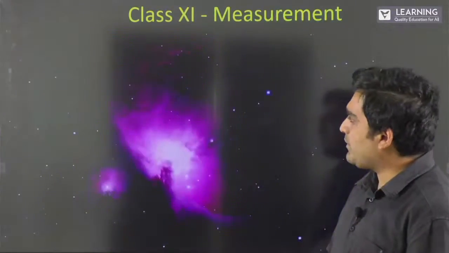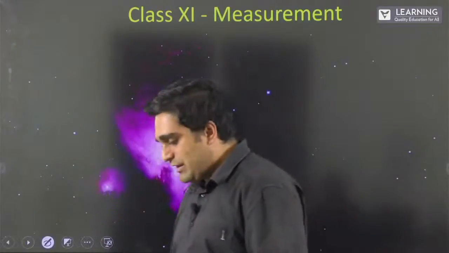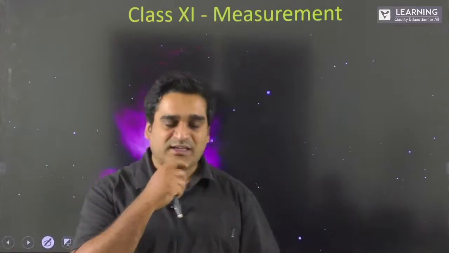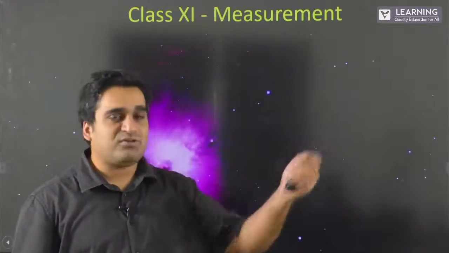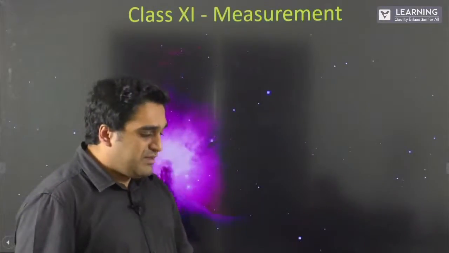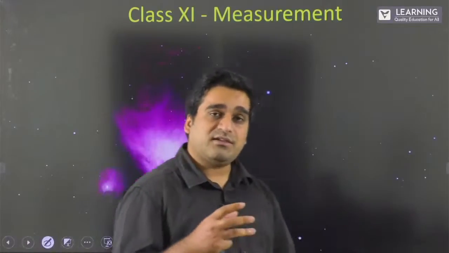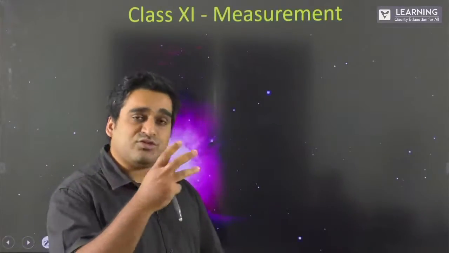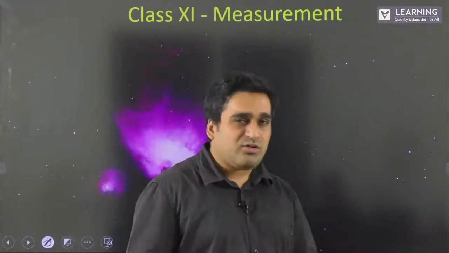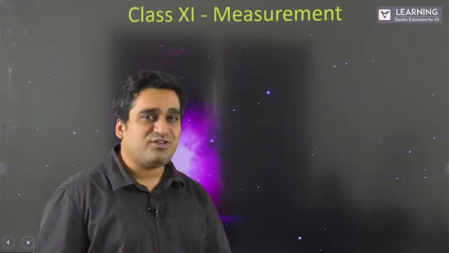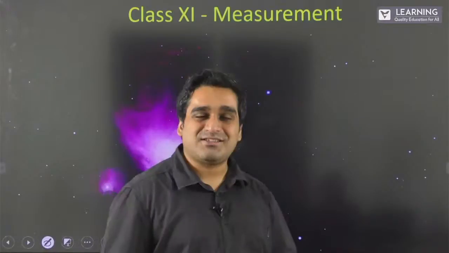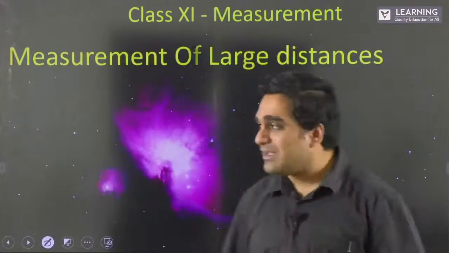All right. Now we come to a larger scale. When it comes to finding the distance between the sun and the earth, can you use a ruler or a measuring tape to define the distance between the two? Or it could also be the case where you have to find the distance between two stars or the distance to our closest star to earth. Now one of the closest stars that you know is the sun. Yes, but other than the sun, the next closest star to earth is